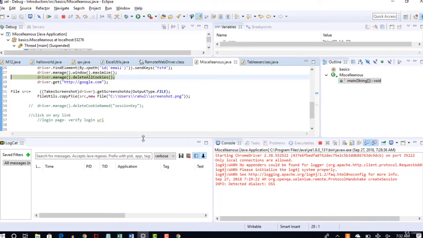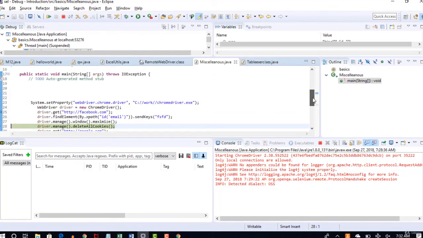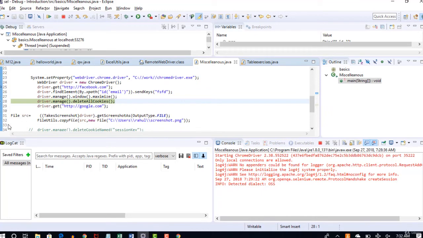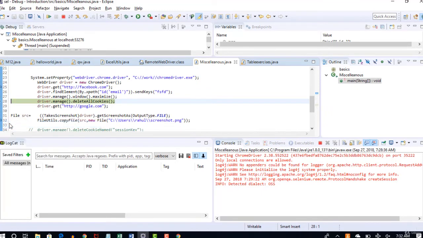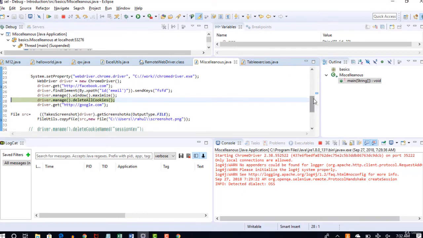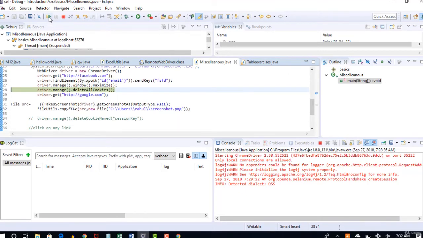But if you put a breakpoint again somewhere, it stops at that point. For example, you are at this point, right? I'll put a debug point at this point. So when you say step over, it will go to the next step. But if you want to resume your execution, this will say don't stop, continue.